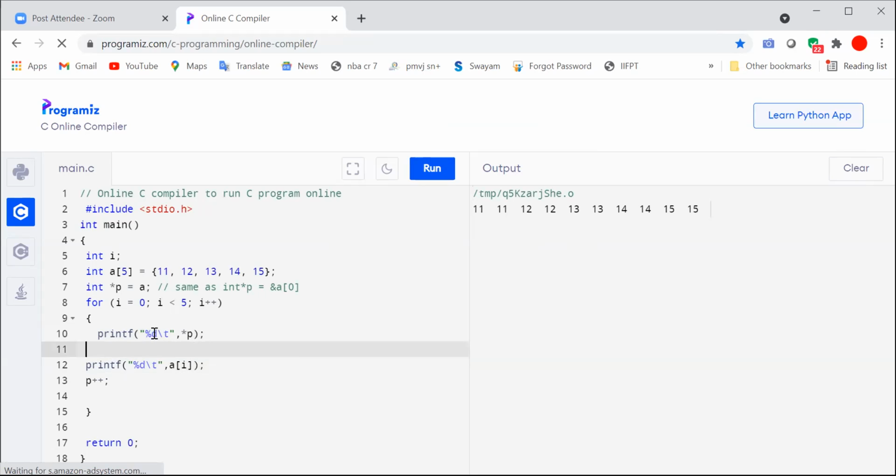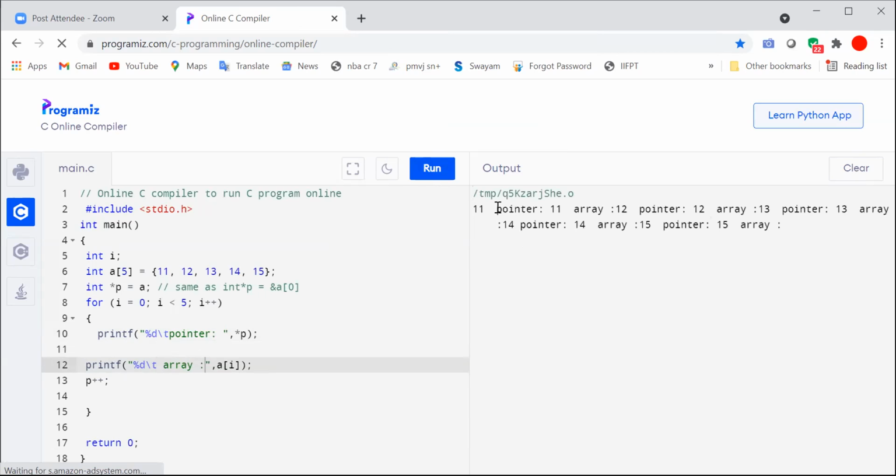So instead of here, we will use pointer. Here, if you say array, you will come to know. It's displaying 11, 11: one is pointer and one is array, 12 like that. Got the idea?